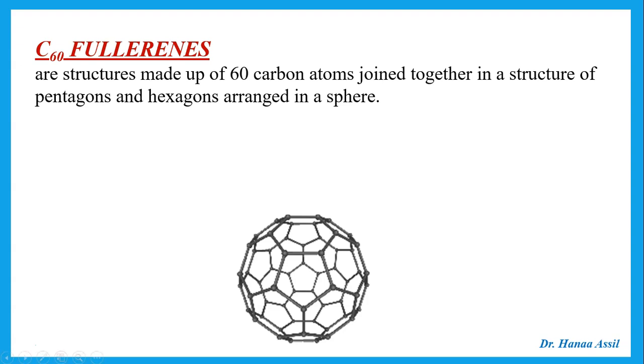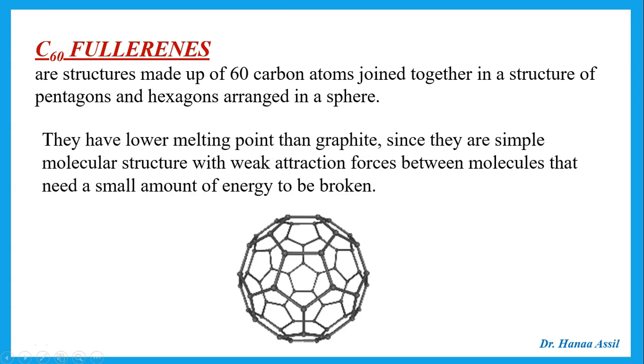Fullerene is another form of carbon, but it has only 60 carbon atoms, so it is regarded as a small, simple molecular structure. Fullerenes are structures made up of 60 carbon atoms joined together in pentagons and hexagons. Since they are simple molecular structures, they have a low melting point, not as high as graphite and diamond, because they have weak attraction forces between the molecules that need a small amount of energy to be